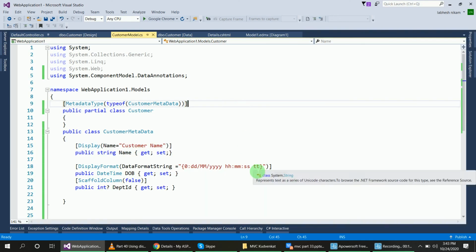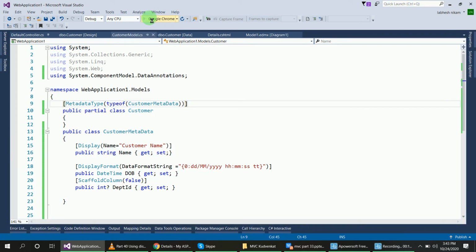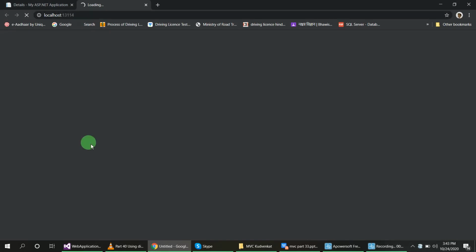Right guys, I have passed here this scaffold column false and public integer department ID get set, and run the program to check whether the column is displayed or not.